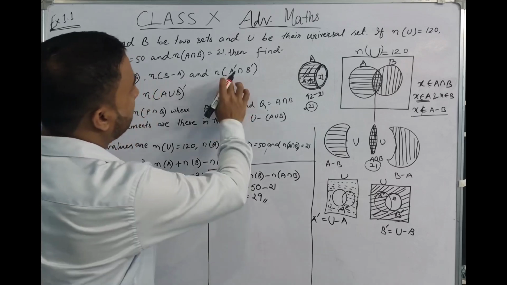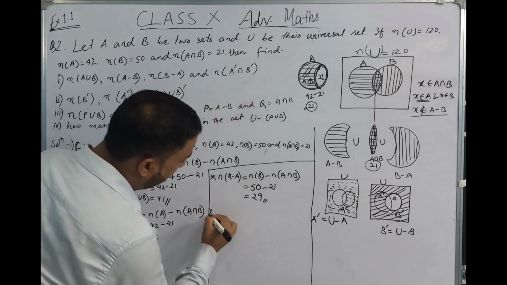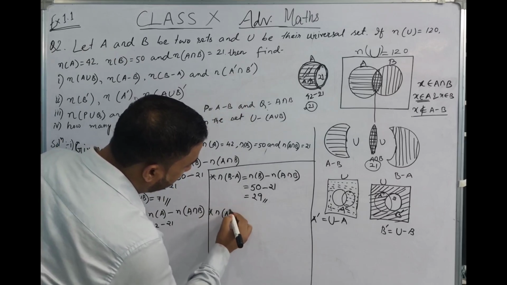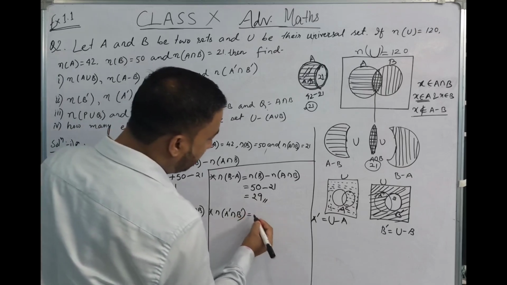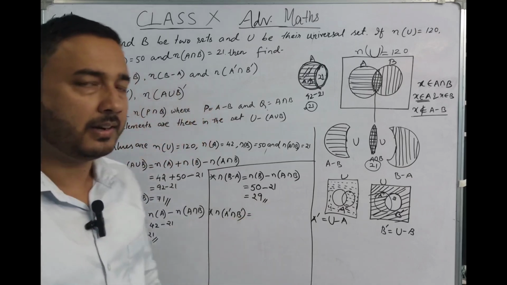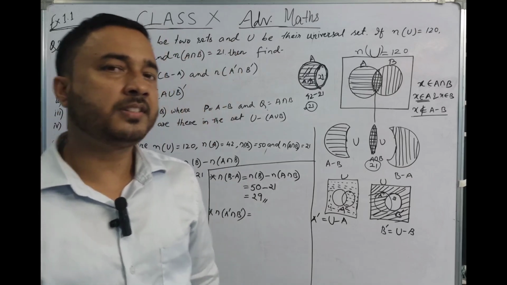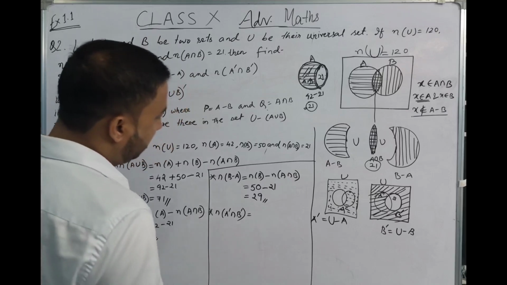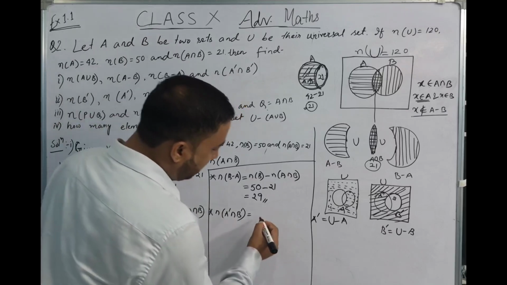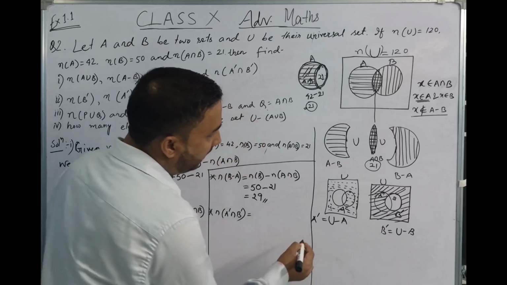Now, to find the value of the number of A complement intersection B complement, we have to use one formula we have learnt in class 9. It is known as De Morgan's law. I think you have learnt this in class 9. What is De Morgan's law? You see,